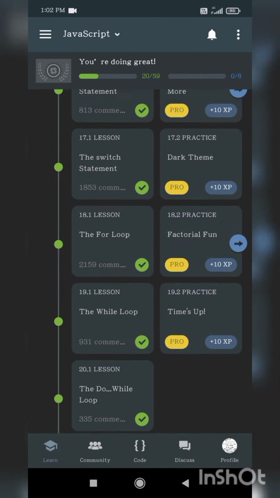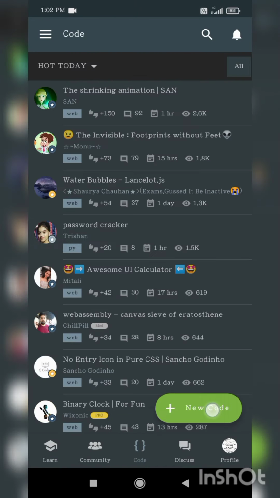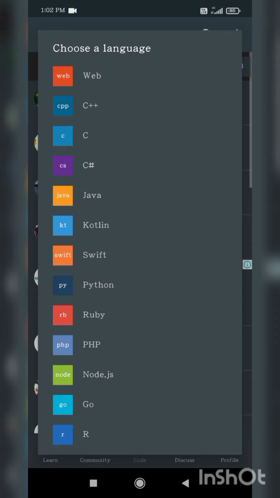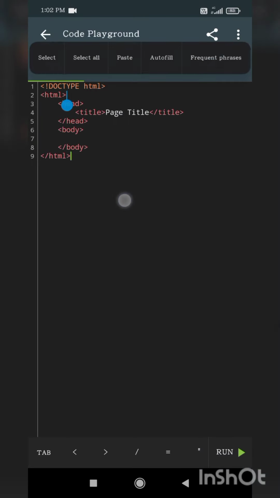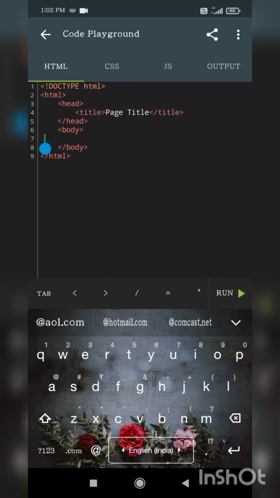I am clicking on code, clicking on new code, and I am selecting the language web. So here I got the basic structure of HTML. Friends, in the before video I have clearly explained you about the introduction of HTML and how to open SolarLearn. Maybe if you have missed that video, don't worry my dear friends. I'll keep that link in description box. You can watch that video and come to this video. Then you will have the continuation of HTML course.